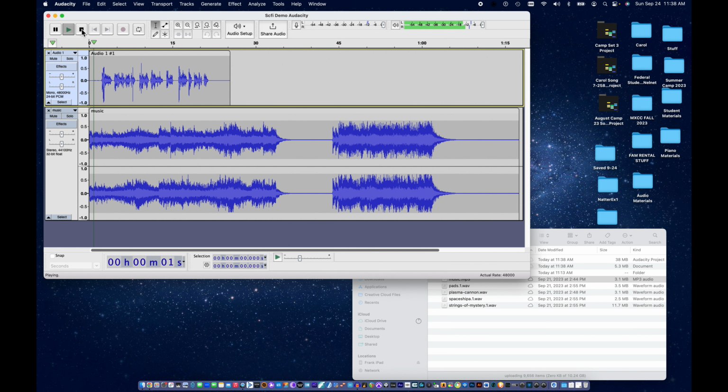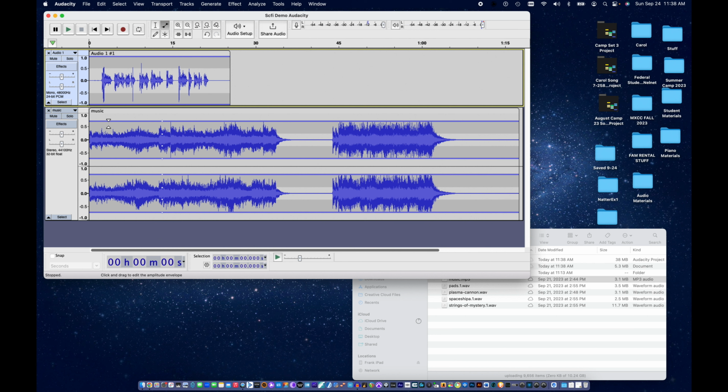In a world that's not obtrusive. That's a fine volume. So I'm going to go back to my envelope tool, and this time I'm going to create a point